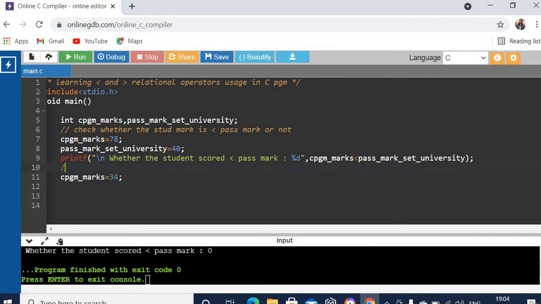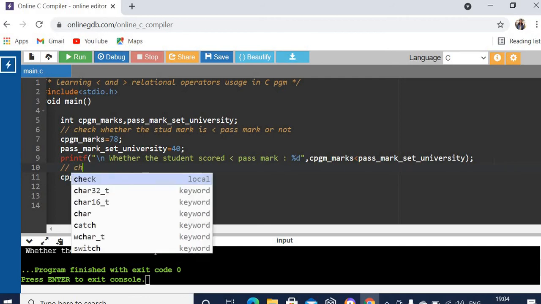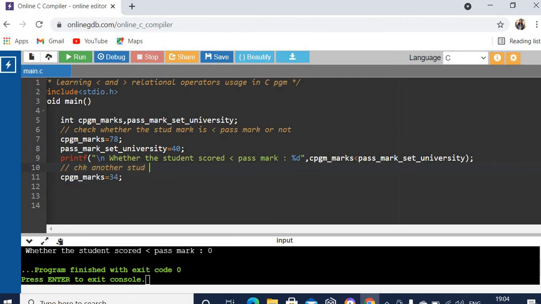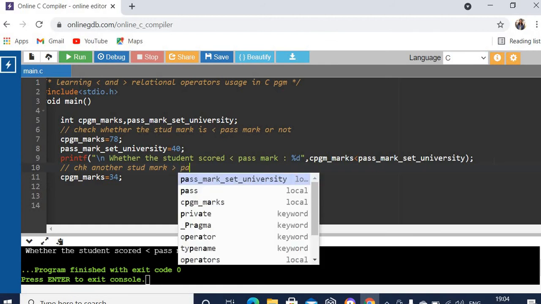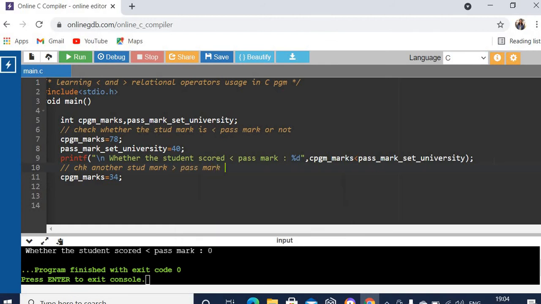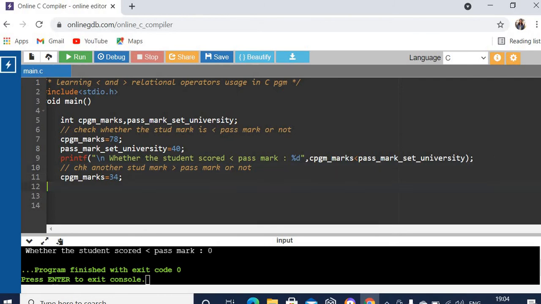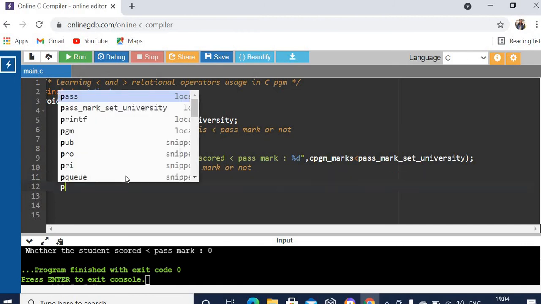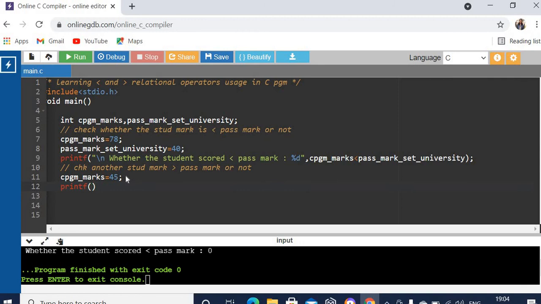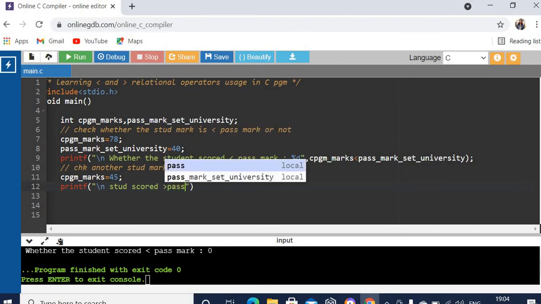Okay, so now we are going to check another student mark greater than pass mark or not. 45. Pass mark is the same, so printf student score greater than pass mark.